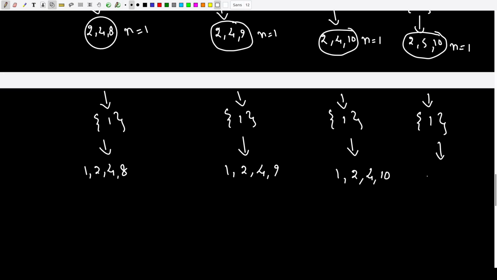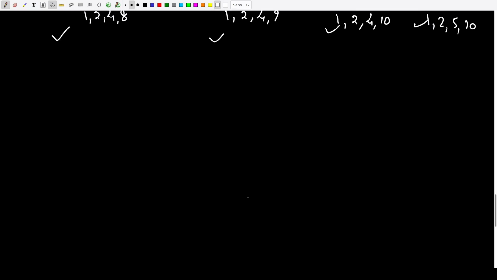And here the valid range is 1, 2, 5 and 10. And if you count the number of valid ranges, this is 1, 2, 3 and 4. Okay, so this is the logic behind it, or the conceptual understanding of it. Now let us see how we are going to code this understanding